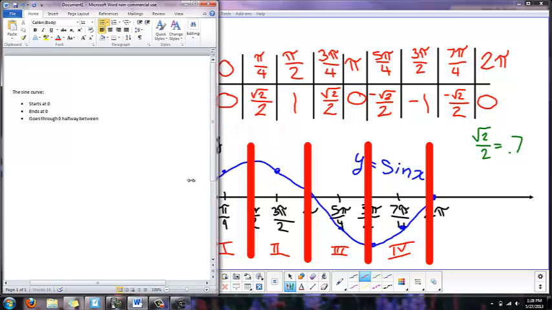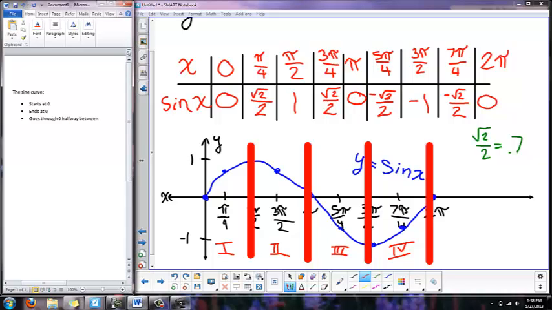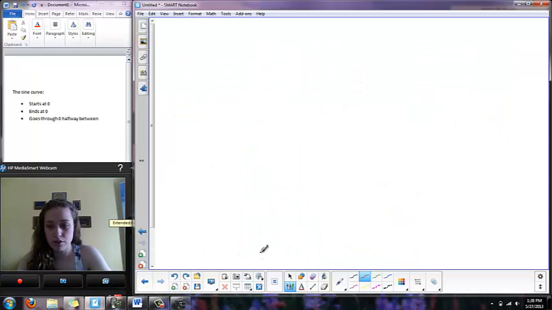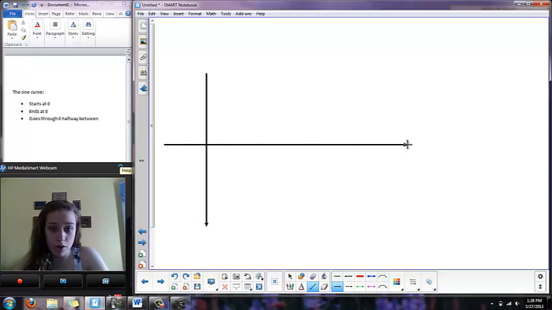Okay, and you're going to hear me repeat that a lot. And the reason why is because if I just have those notes written out for me, or if I just remember that, this is how easy that I can graph this. Watch. I'm just going to make an axis really quick for you. And if someone asked me to graph the sine curve for homework, which is what you're going to have to do, I would just go through with my pen and I would say, okay, I'm going to go between 0